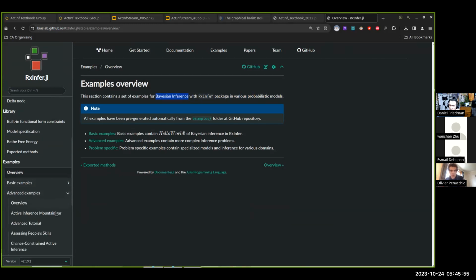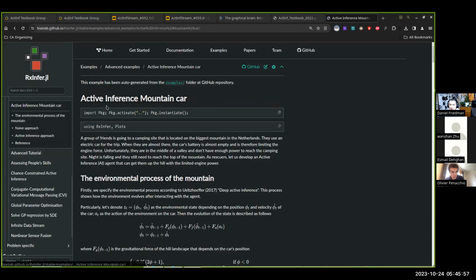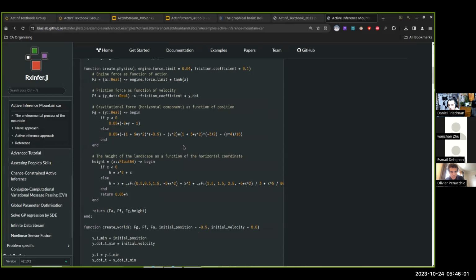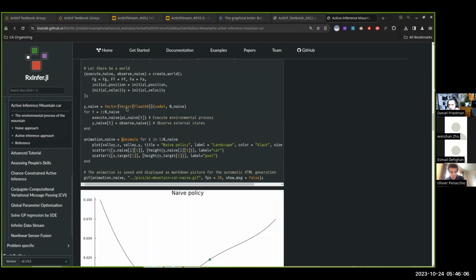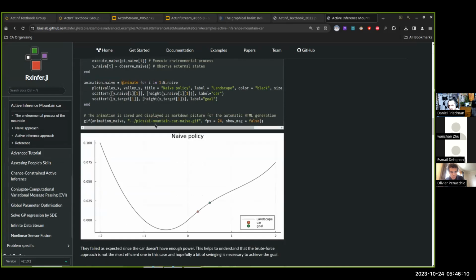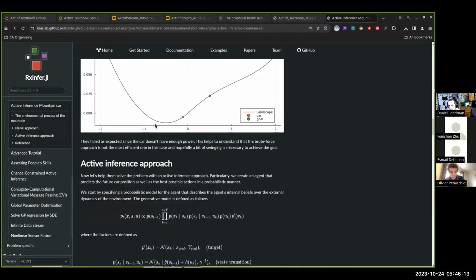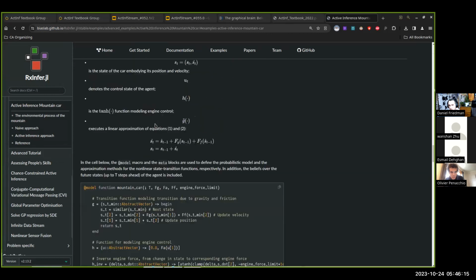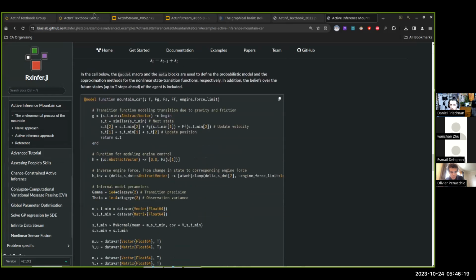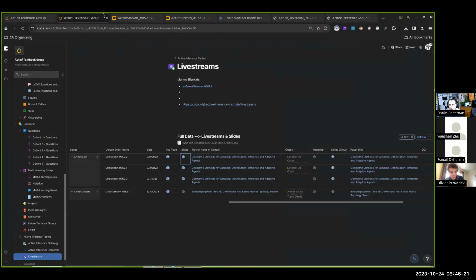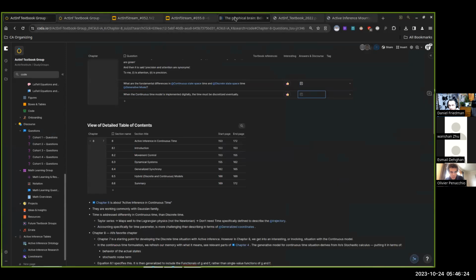Whereas you can do active inference, you have to write it from scratch, basically. But it's all there, because if you can frame it as a Bayesian graph, and we know that we can,